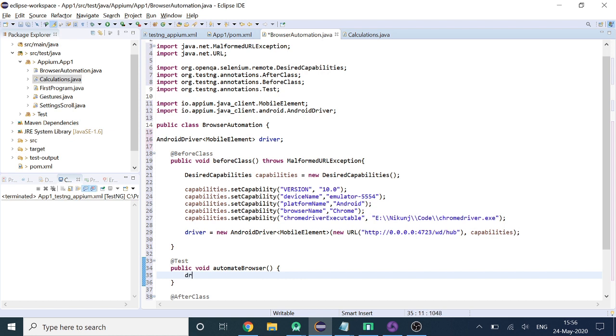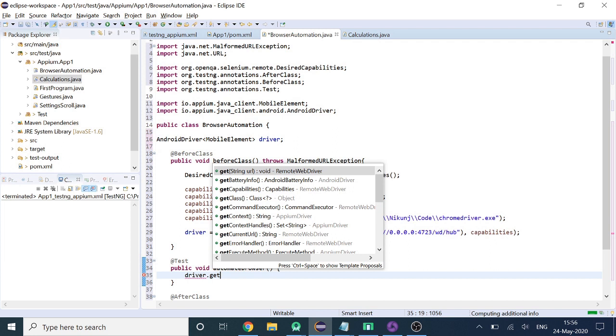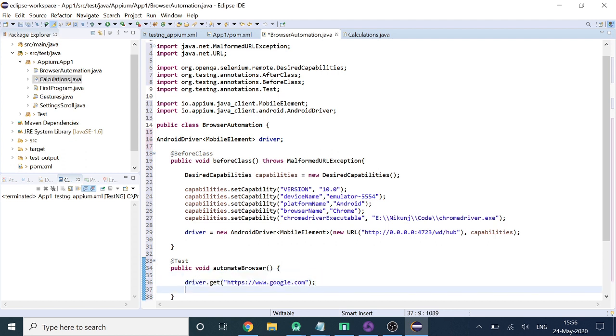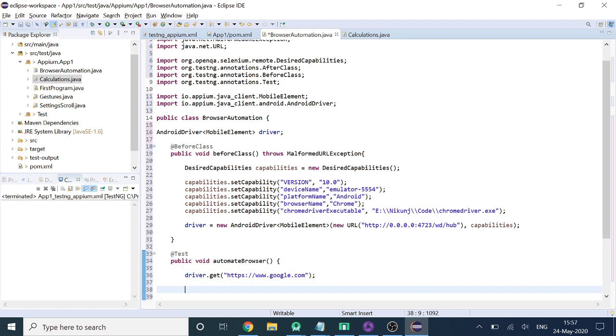So our first step would be driver.get, and we'll mention the URL, that is google.com. Now we'll add a wait to identify